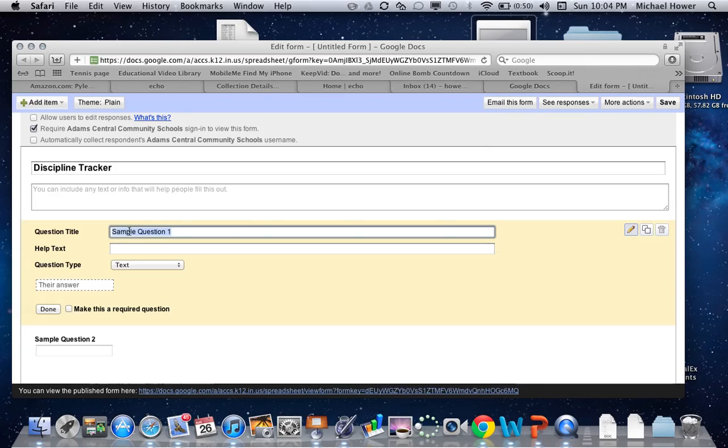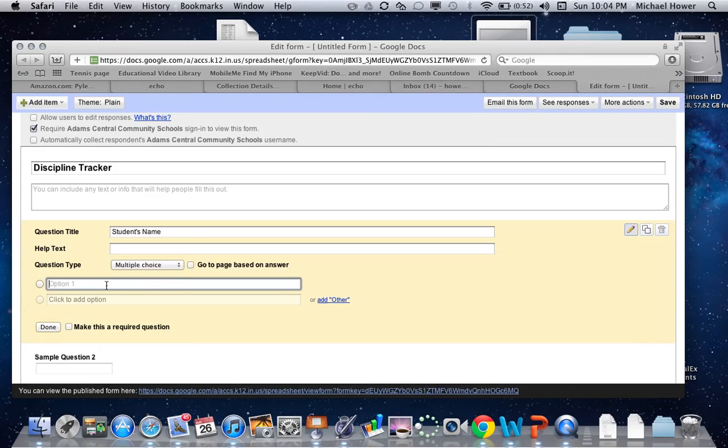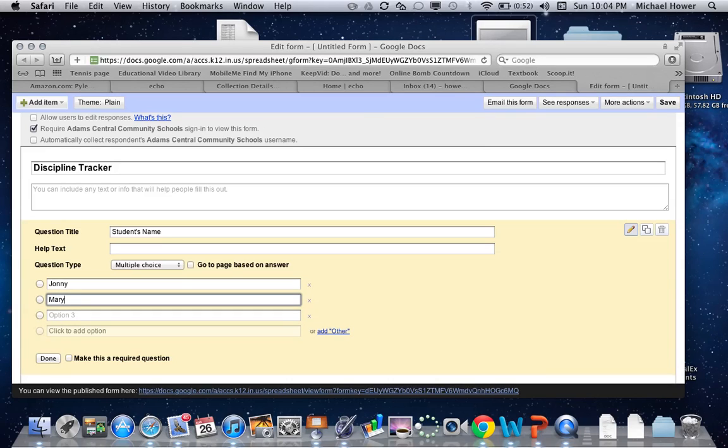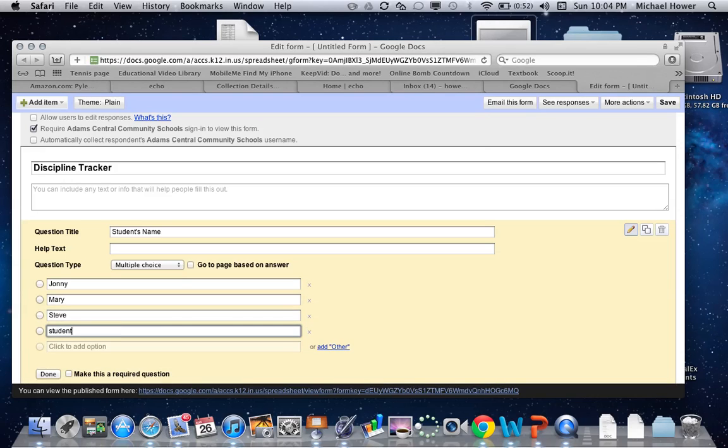But I don't want to take a lot of time doing it, and I don't want to write it on a sticky note and then lose a sticky note and then try to put all the sticky notes together later. So here's what I'm going to do. I'm going to put student's name, because that's probably pretty important in knowing this. And the thing is, I could leave it as a text question, but I'm going to be using my iPad, so I kind of want to make this a little more convenient for me later. Not really convenient for me now, but let's just say we're going to put the names of, nobody spells Mary like that, but we're going to put in some different names of some kids in here,